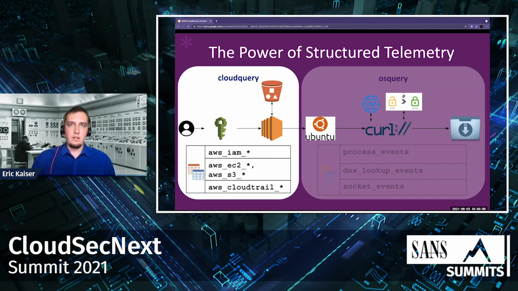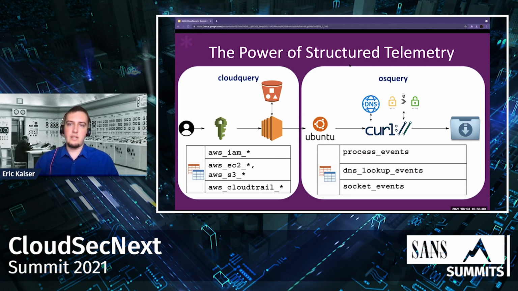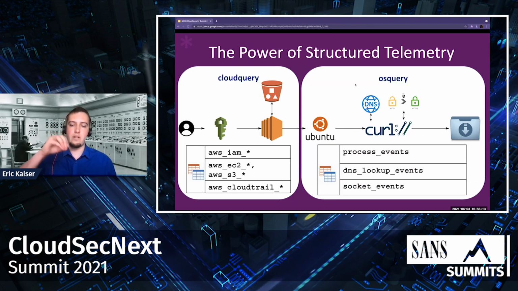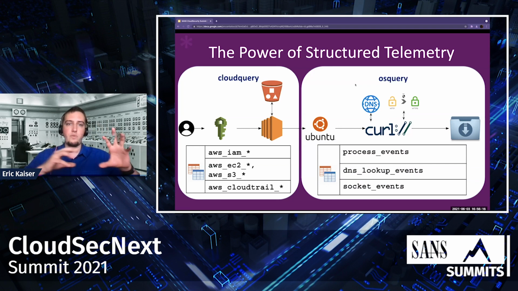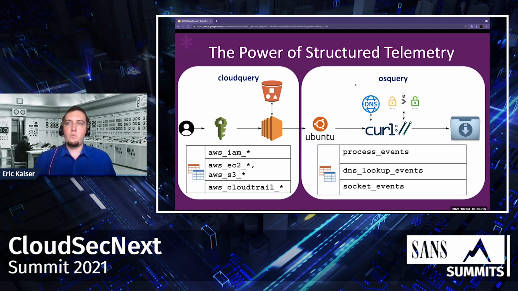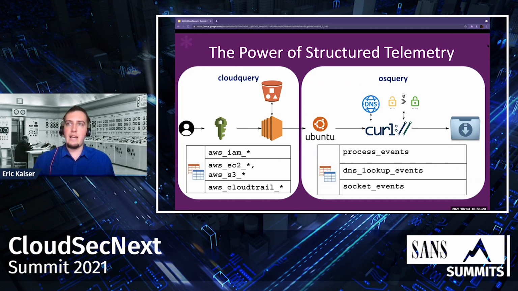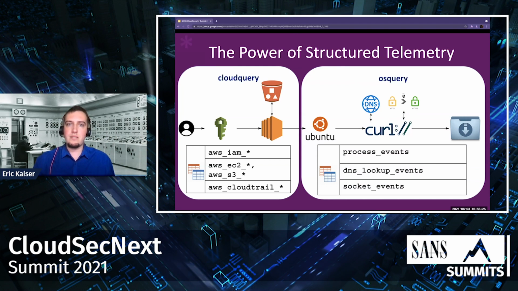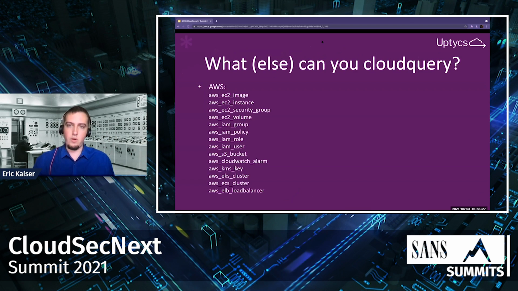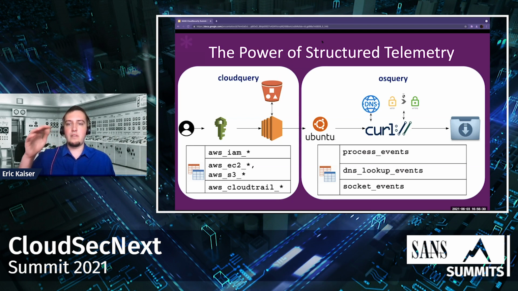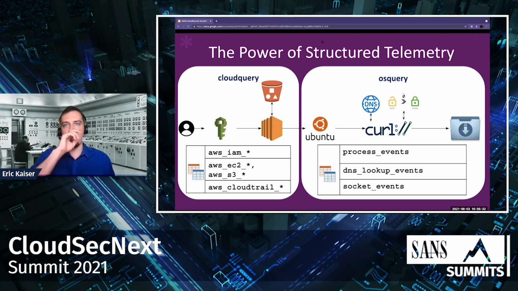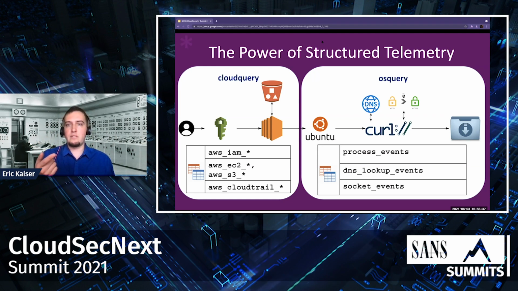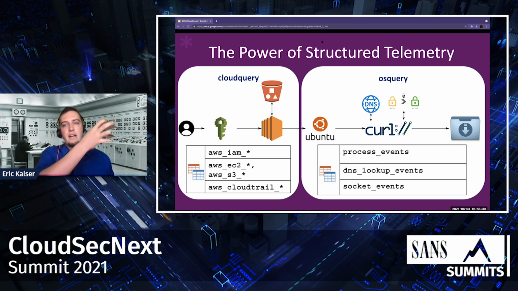For the second part of the attack here, osquery, which is running inside the context of the virtual machine, right? osquery is for endpoints, CloudQuery is for all of your cloud data. We have the ability to capture telemetry at various stages of the attack that's happening inside the VM. So the process events table captures all of the processes that are running and the ancestor list, which can show the shell that was created due to the SSH login, the TTY that goes all the way back up to